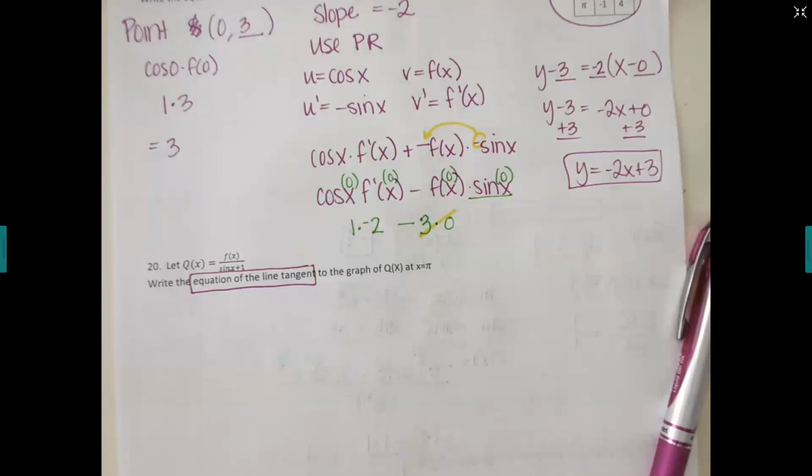Because product rule is a different time. Quotient rule is a different time. A product means you have multiplication. Quotient means you're